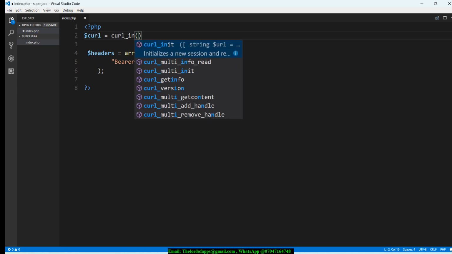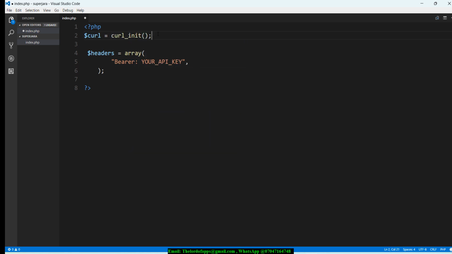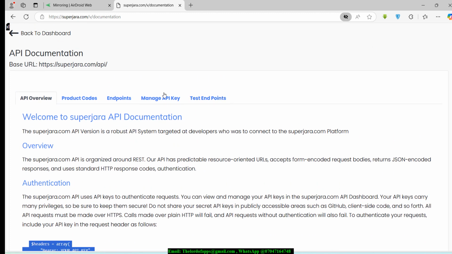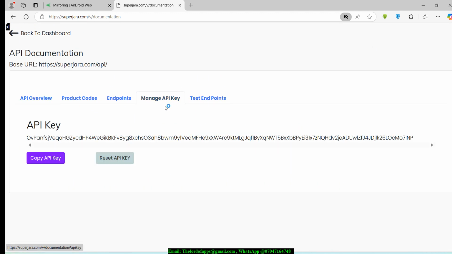So this is going to be init, and that's just basically the function we need in there. All right, and then after that we can go ahead and work on the bearer token right here. What I want to do right now is to go ahead and get my API key. So to get your API key, if you are within this environment right here, you can click on where it says something like manage API key from this tab, and then you can go ahead and copy your API key